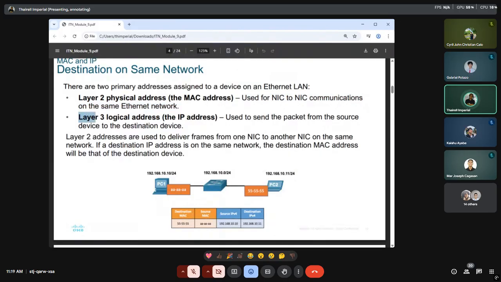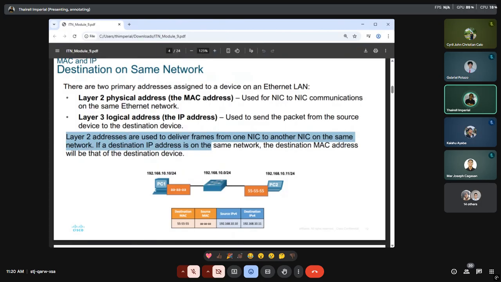Layer 3, the network layer, is responsible for handling the logical address, also known as the IP address. It's used to send a packet from your source device towards your destination device. Layer 2 addresses are used to deliver frames from one NIC to another NIC in the same network.